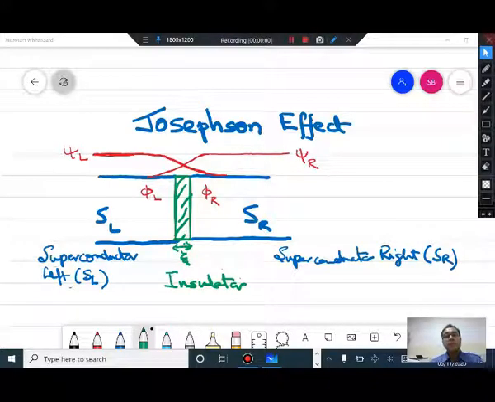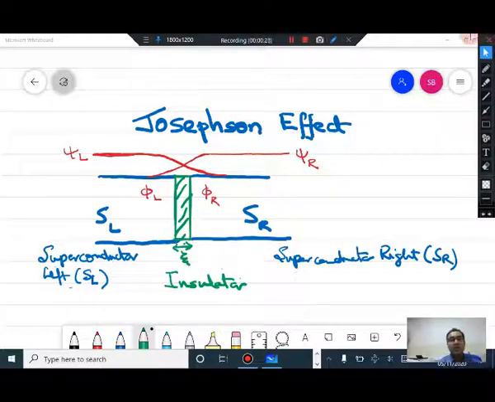Now, in this set of lectures, we will discuss the Josephson effect, a very important effect in superconductors. In the preliminary lectures, where I gave an overview of the phenomena, we have already discussed the Josephson effect in quite a bit of detail. Without really deriving the equations of the Josephson effect, I have described the phenomena to you. So basically, what is the Josephson effect?